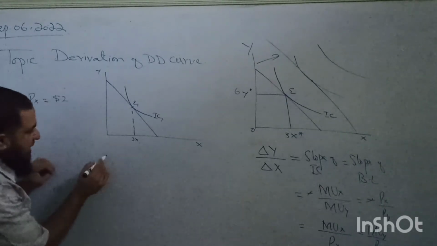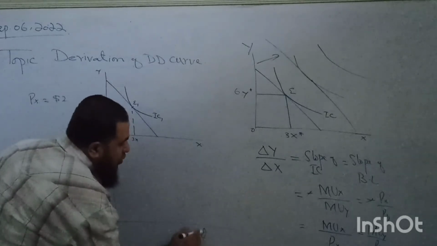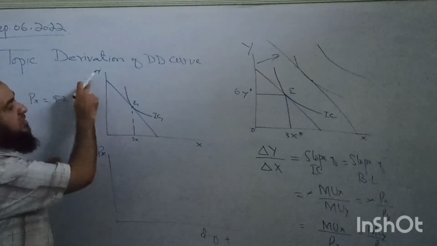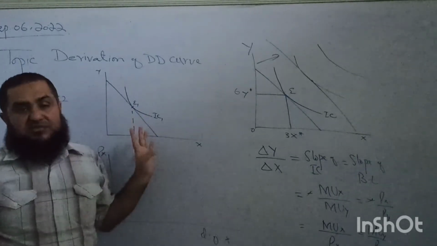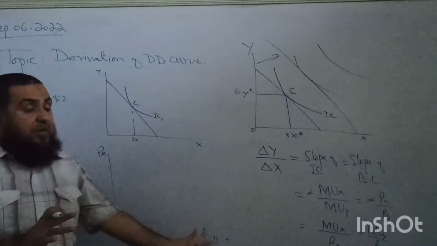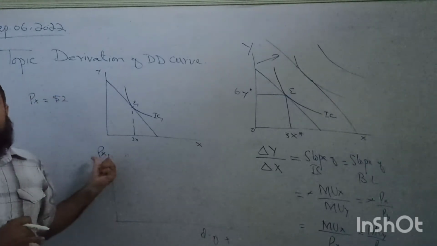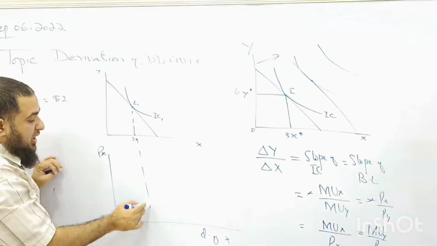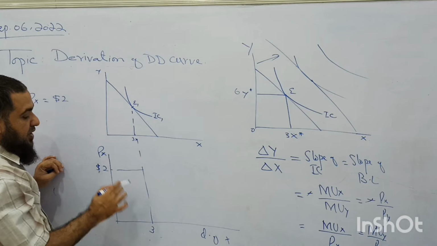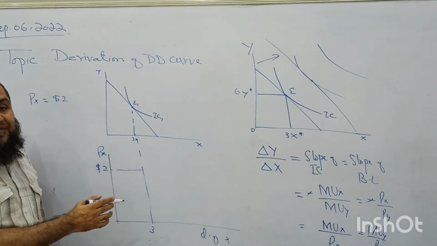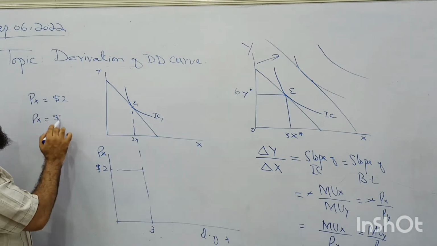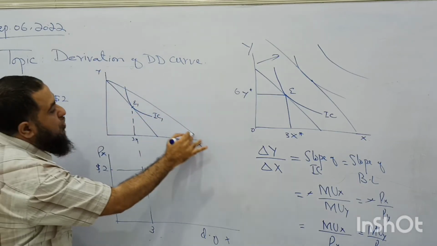Clear? In the lower diagram, I am drawing quantity of X with price of X. Keep it in mind, here on the axis I am not taking price of any good. This is quantity of X, this is quantity of Y, and in the lower diagram I am taking quantity of X with respect to its price. So now at $2, consumer is consuming 3 units of X. So when price of X goes to a single dollar, budget line will have outward rotation.